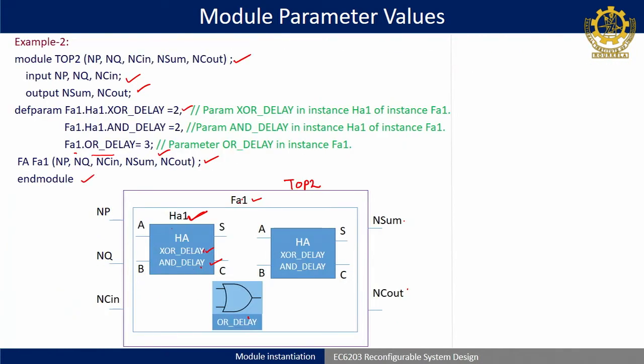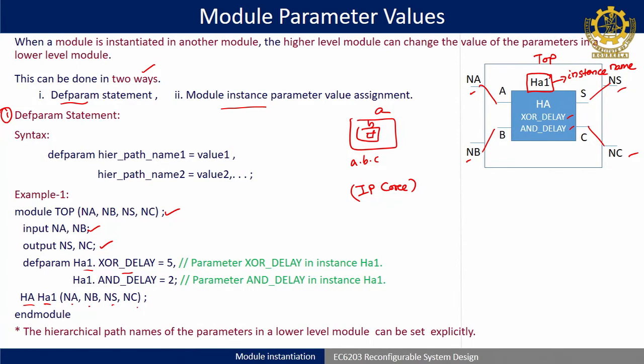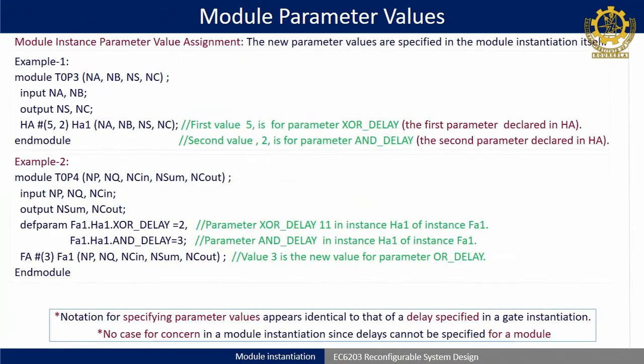So, this is easy, you just have to memorize the syntax. And the order does not matter here, because as you are defining through hierarchy, they are connected through hierarchy, understood. So, if you write this top or bottom, it hardly matters. This is one methodology which is called defparam, this one over. The second methodology is called module instance parameter value assignment. That means, you call the module, and while calling you override the parameter. So, that we will see.